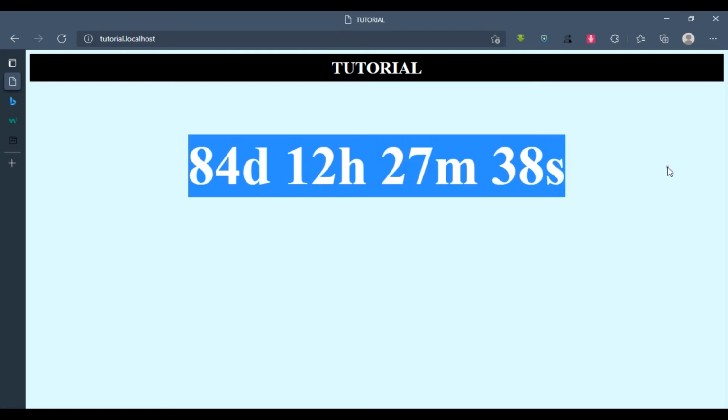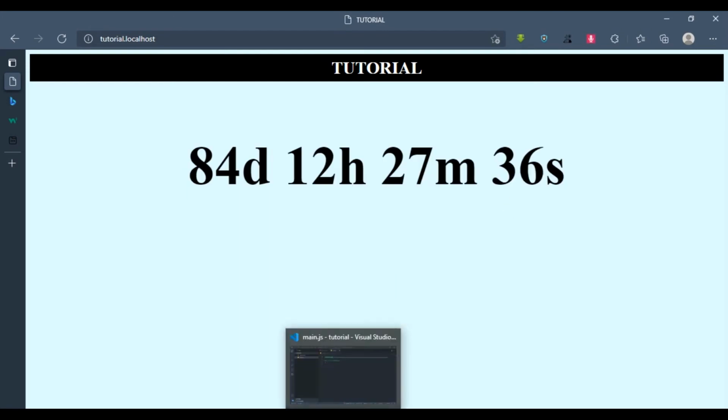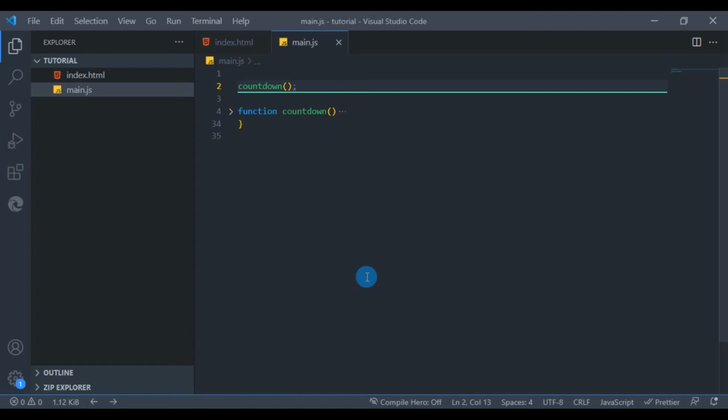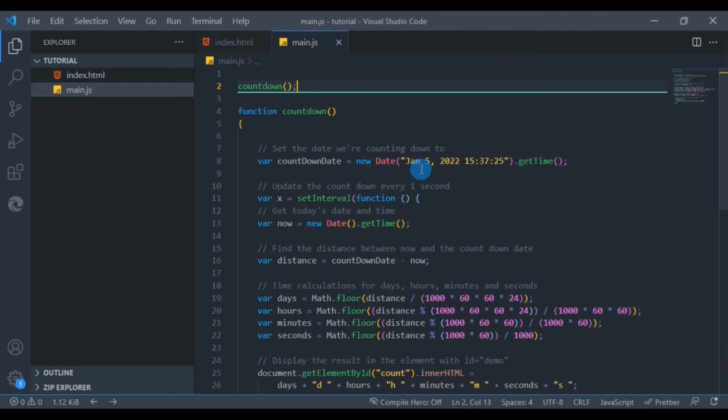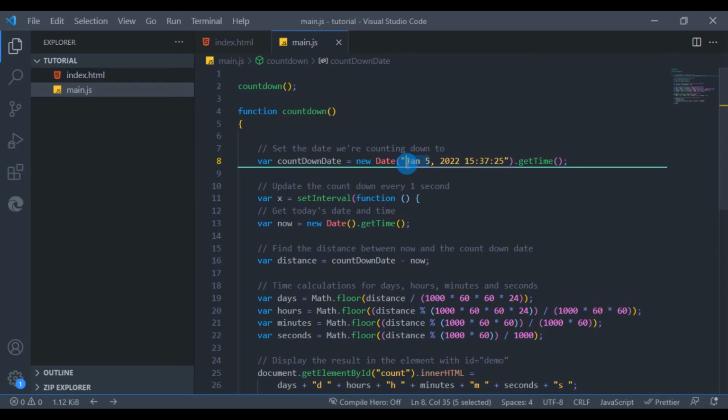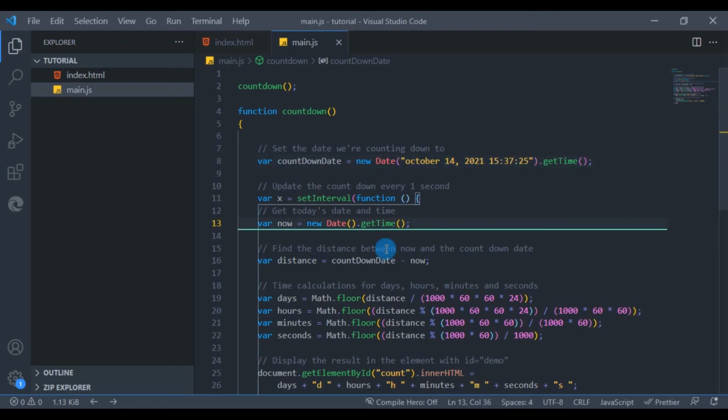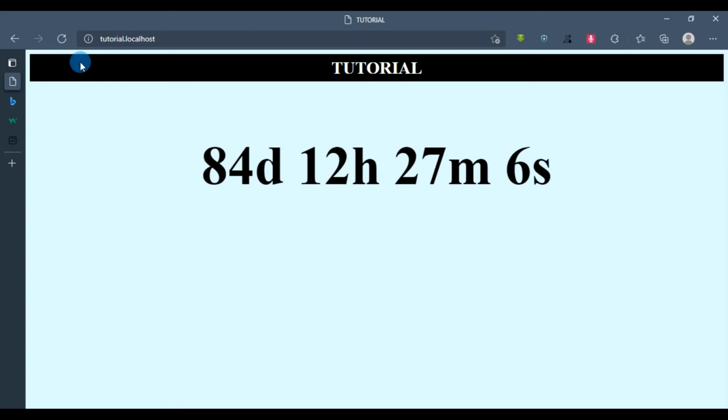Yeah, nothing should change. I've already shown you at the beginning that when I change the time zone, our countdown keeps changing. So instead of using January 5, 2022, I'm going to change it to one that is significant. I'm going to use October 14, 2021. Today is the 13th, I just want a countdown of a day. So 15:37 is okay too. If I refresh now,